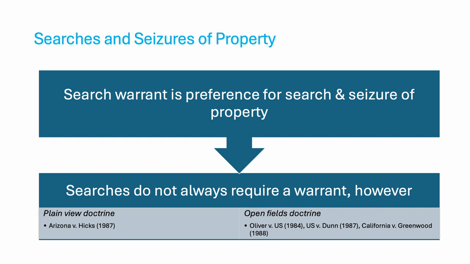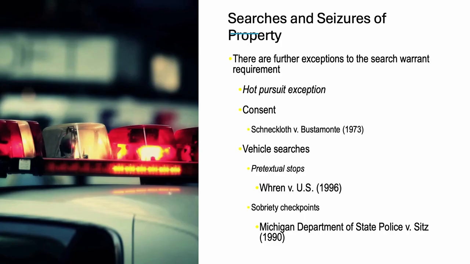The open field doctrine related to search and seizure, again, that's Oliver versus the U.S. And in that doctrine, it was about a warrantless search that occurred at a property owner's home location. And unless there was some legal basis for the search, it excluded the home or any adjoining land, such as yards and things like that. But open fields do not fall under the Fourth Amendment. So that's what was really found. It was an open field. It was basically abandoned property, and it allowed the search to be conducted with or without a search warrant. So these are some examples: plain view doctrine and open field doctrine.